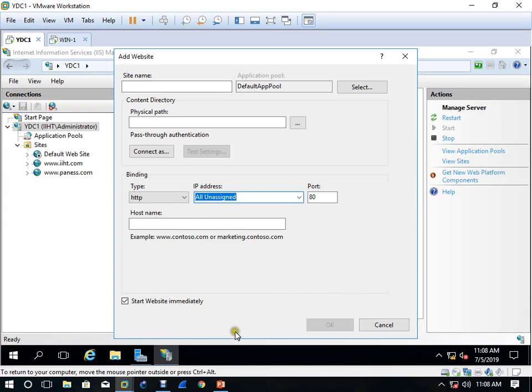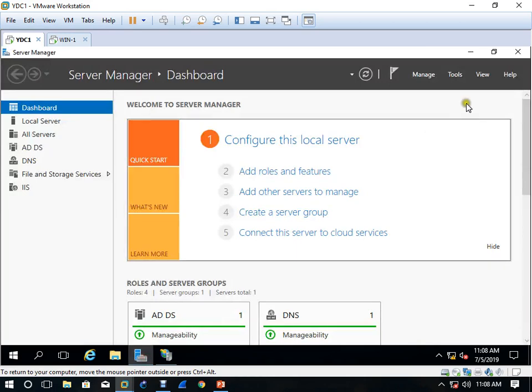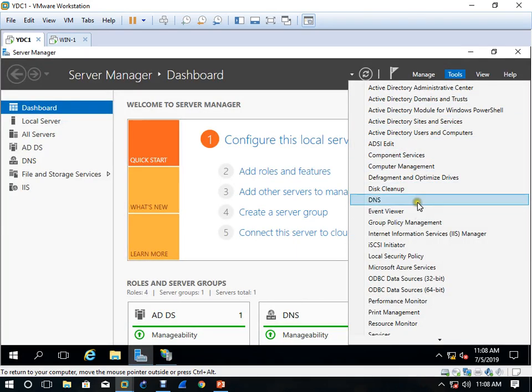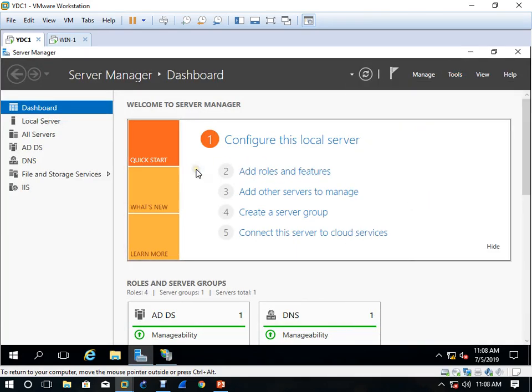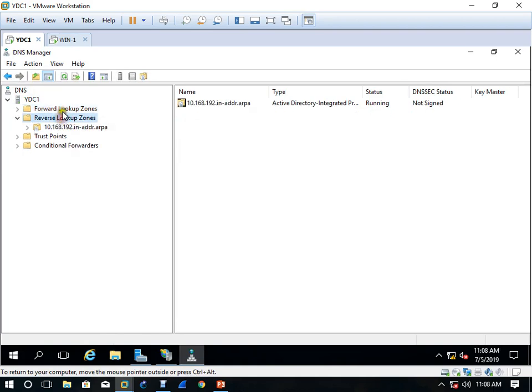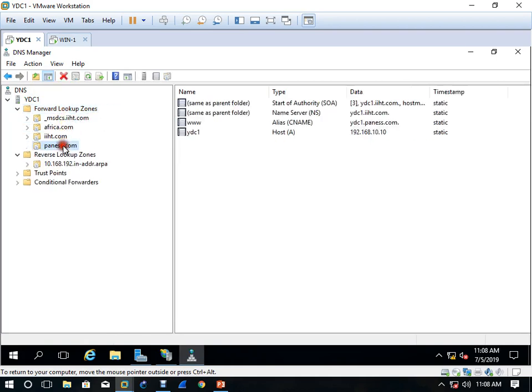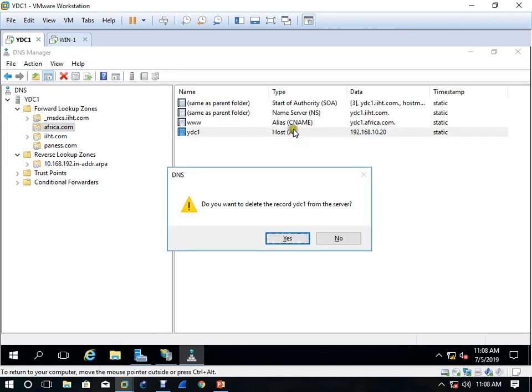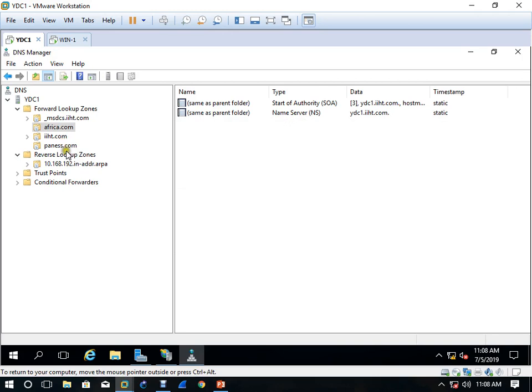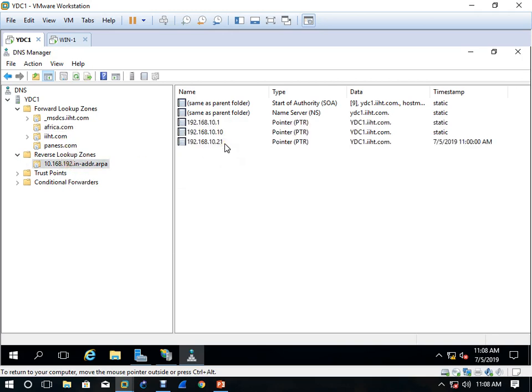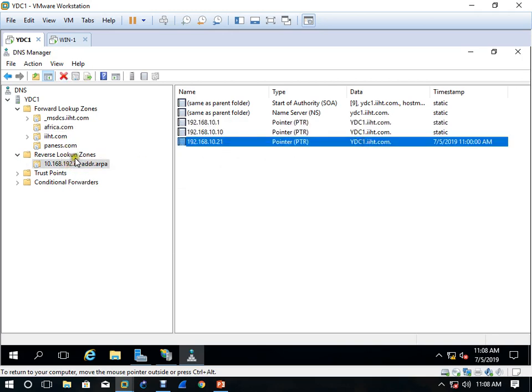So when the 21 is coming, you have to change everything in DNS as well, right? So we have to come here to forward lookup zone africa.com. We have to delete this. We have to delete this. And in reverse lookup zone also, okay, it is there, no problem.